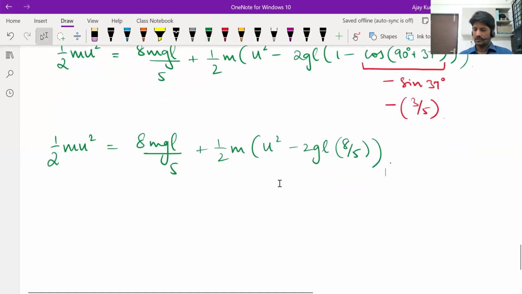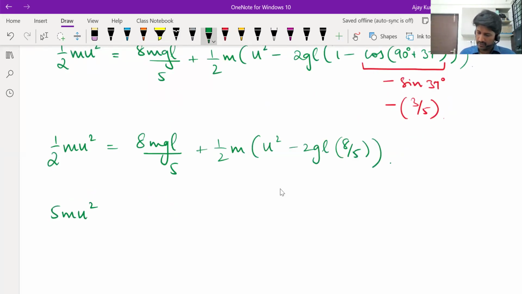Now you are only left with simplification. Let us multiply the whole equation with 10 so that the denominators will get removed. If you multiply the whole equation with 10, it becomes 10 by 2 is 5, m u square is equal to 10 by 5 is 2, 2 into 8 is 16 mgl